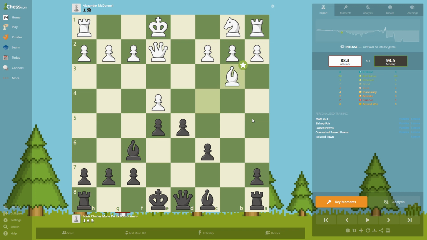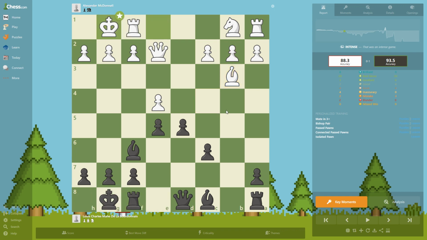Takes back, and he retreated with the bishop, and we have a bishop here. We have a strong center, we have two pawns in the center, and he has one pawn. Okay, his knight is not developed, so I would say we are a little bit better here. Castle,